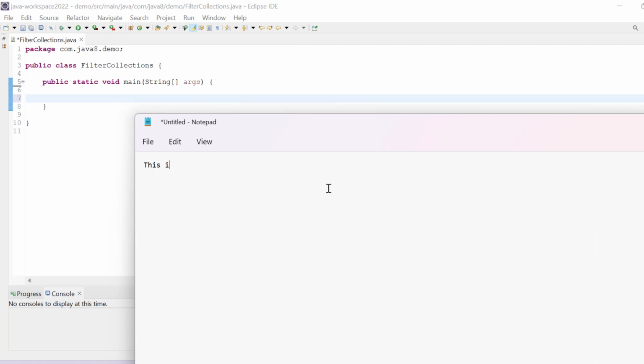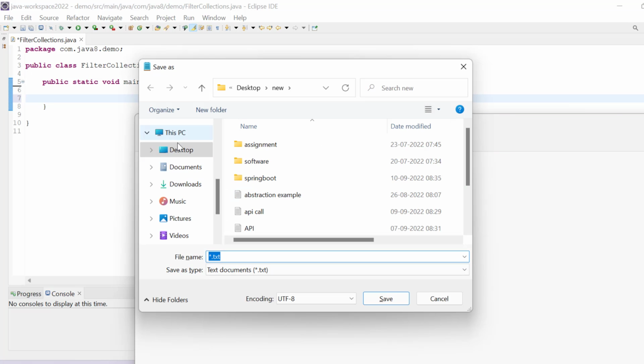This is Java 8 session. Welcome, learn Java with Chandan. Hi, how are you? Suppose we have these lines written, just save this file to desktop, and I'll say the file name is my